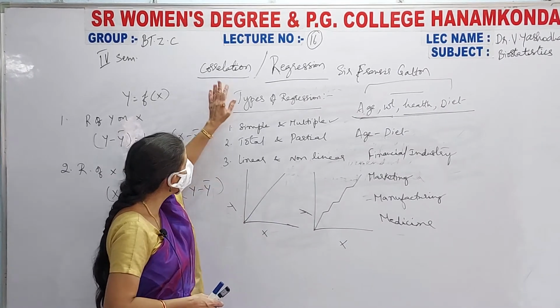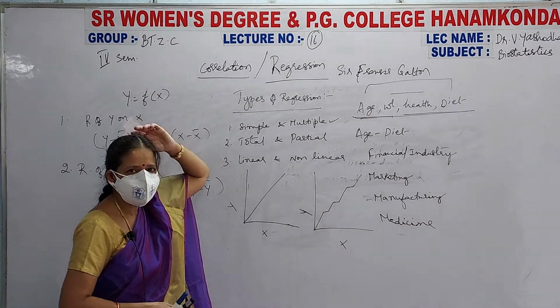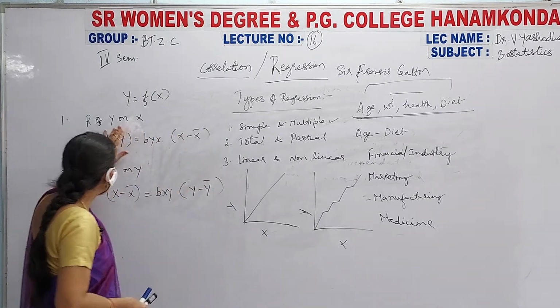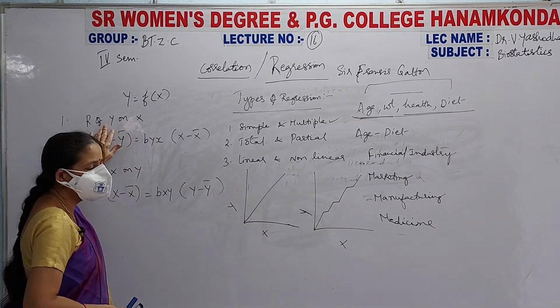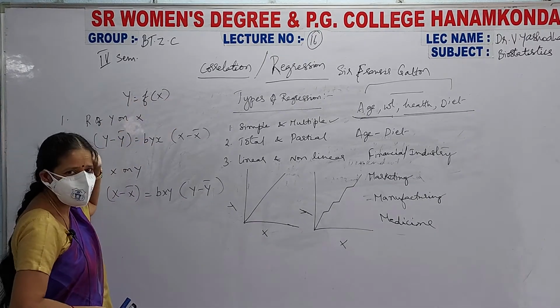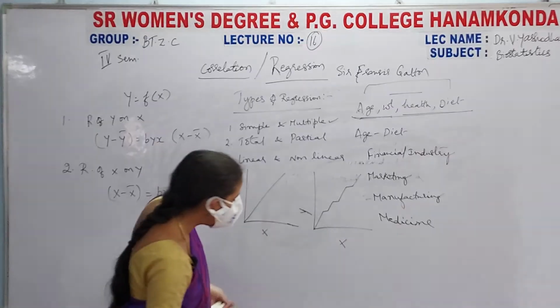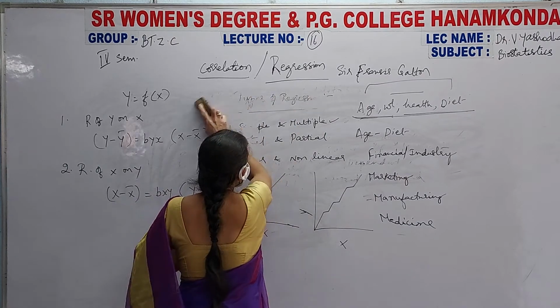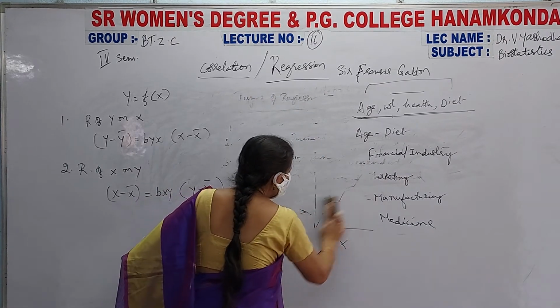This is about these are the applications of your regression. Next, if you know the known variable, you can easily find out the unknown variable. This is also another application of your regression. Now coming to the differences between regression and correlation. Regression ki correlation ki differences ఏంటి,